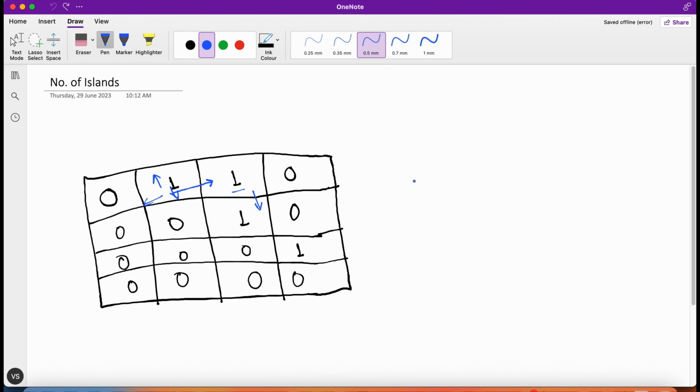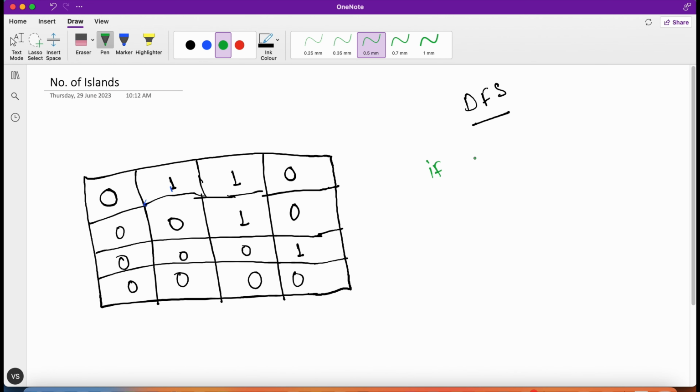So let's understand how we are going to solve this problem. Let me erase these things. I'm going to solve this problem using the DFS approach. First we have to identify the first 1. So we start traversing from the first index in the matrix, and once we reach this point, this is the 1. Whenever we find it,